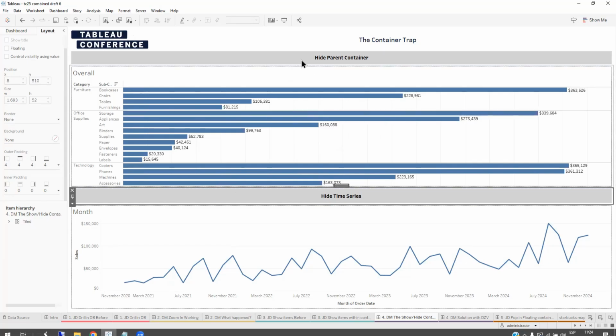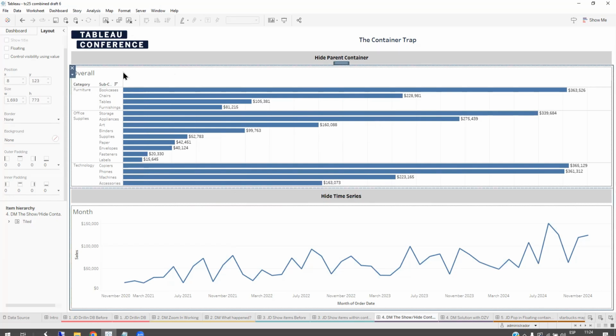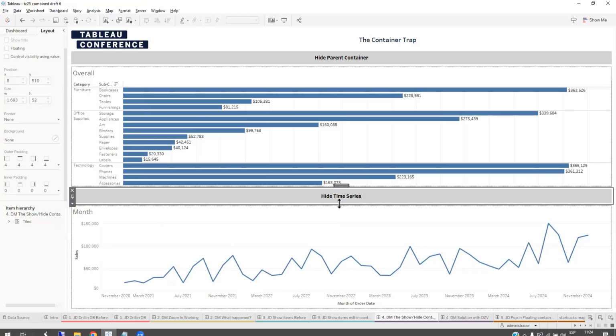And the small problem here is that in this case, I have a parent container that has this sheet and also this sheet. And inside this parent container, I have also another button that shows or hides this Viz, as you will see here. It shows or hides. And the problem when you have these parent buttons and child buttons to show,